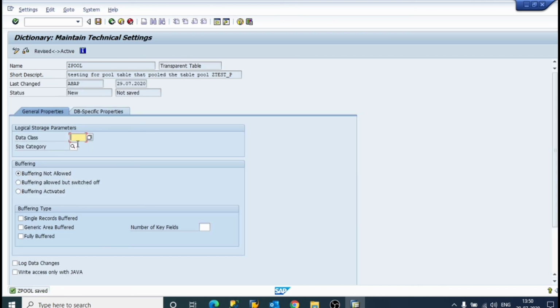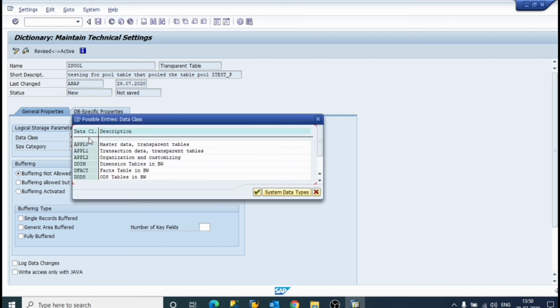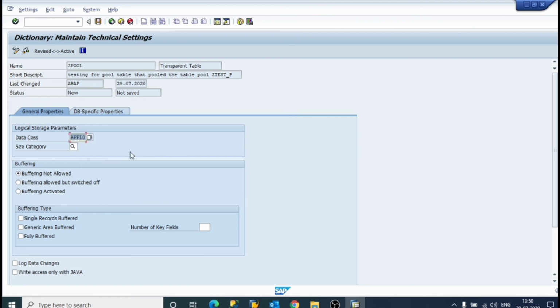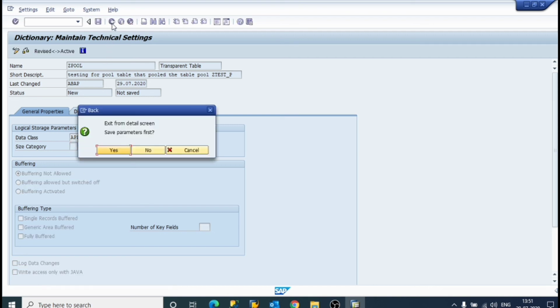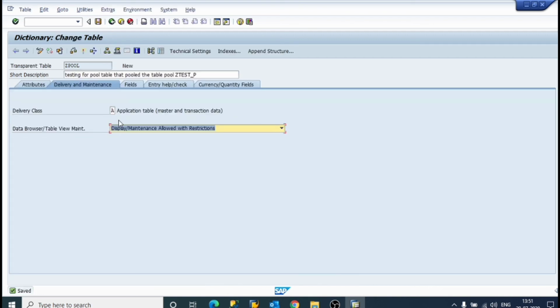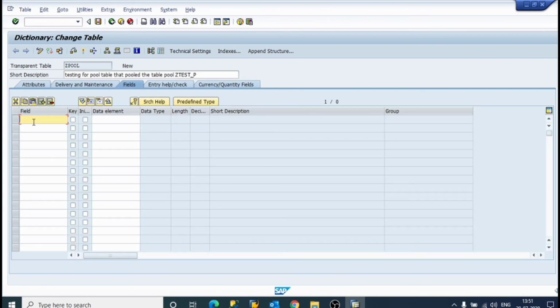Now data class, it will be, yes, and size category, number of data records or size category is not possible, okay. Yes. Now fields I will write as MANDT, and second is MATNR.